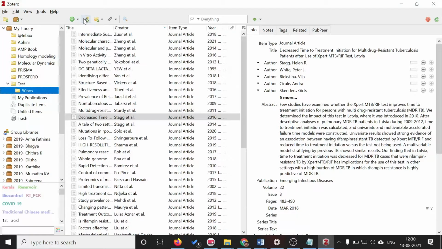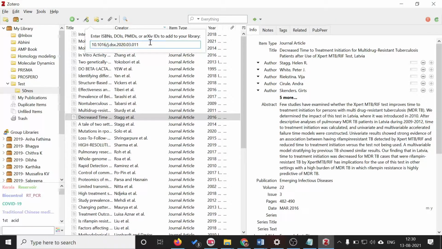Then here is a magic wand icon on the top. You click on that one, and in this box you can enter the ISBN number if it is a book, or the DOI number if it is a journal article, or PMID of the journal article, and other unique identifiers available in the library can be given here.